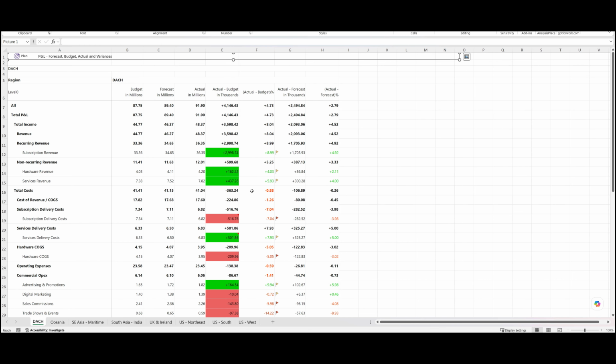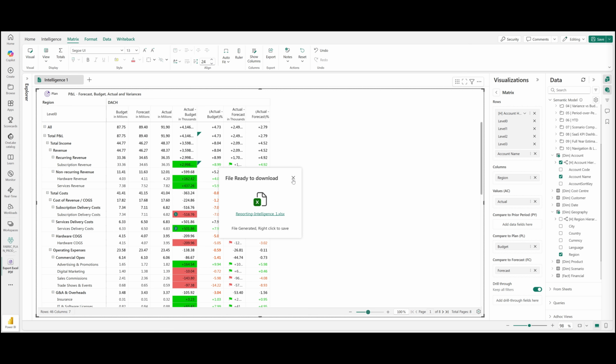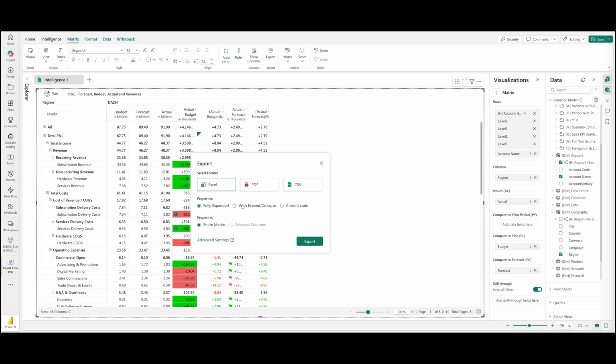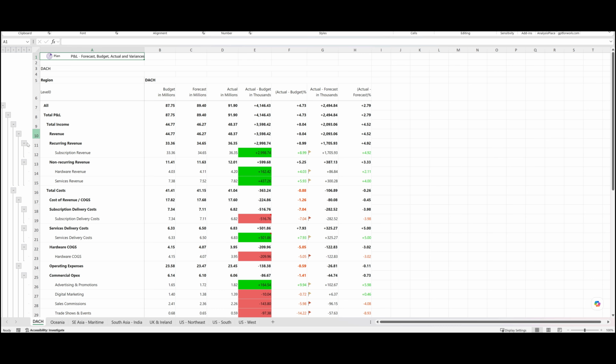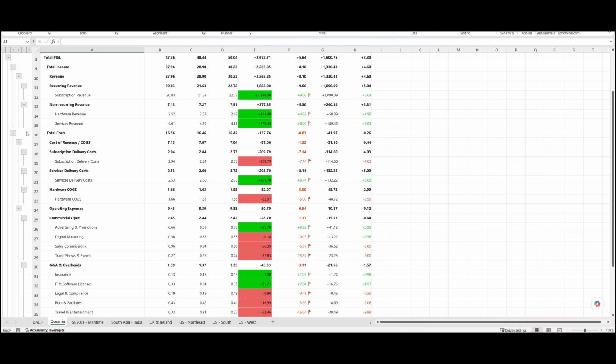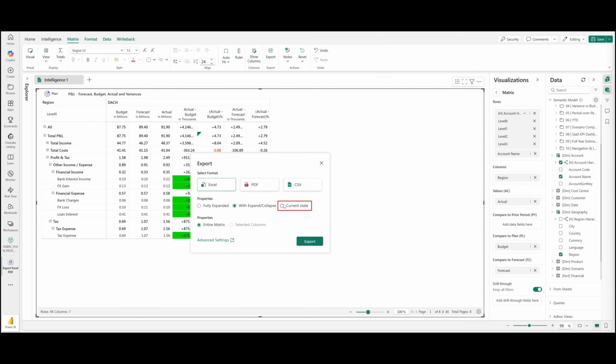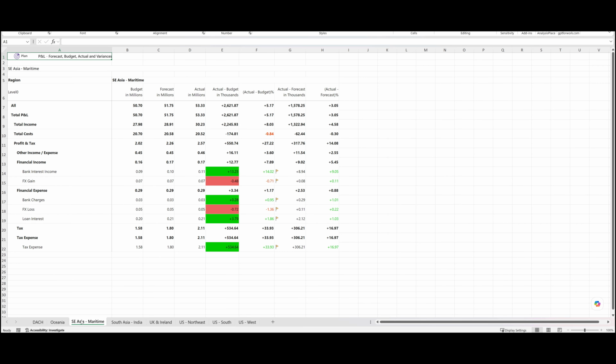Notice that the conditional formatting is fully retained here, the color scales on variance columns and icon sets appear exactly as configured on the intelligence sheet, with no additional formatting required. Choosing With Expand Collapse adds hierarchical controls directly inside the workbook, so users can expand or collapse levels without going back to the report. Choosing Current State exports only the levels visible on screen, useful for sharing a focused view